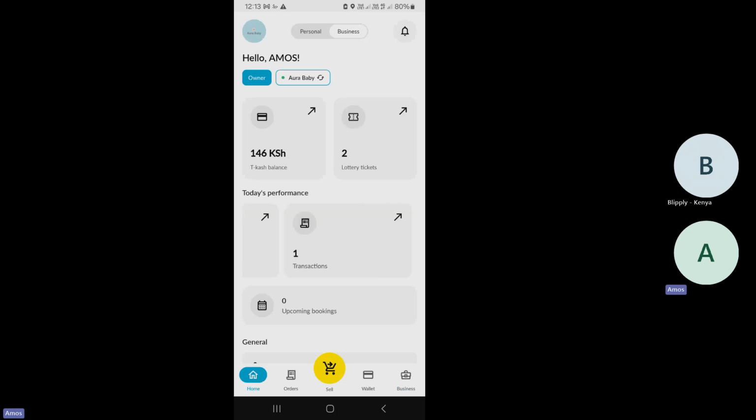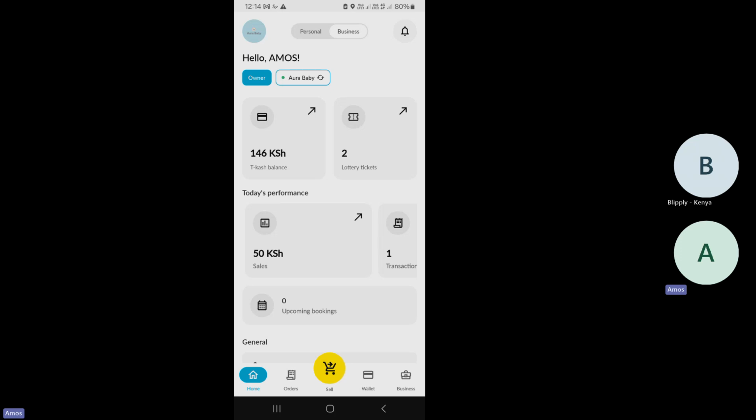How many transactions have I made? Just one single transaction. How many orders? 0. How many customers? 0. But why is it that the customers are 0? Na nimeuzia msee. The answer to that is, this person I sold to is not a registered customer on the Tcash platform. So therefore, because we don't have their name, that is why the customer would remain anonymous. So I want us to just now switch again to the sell.